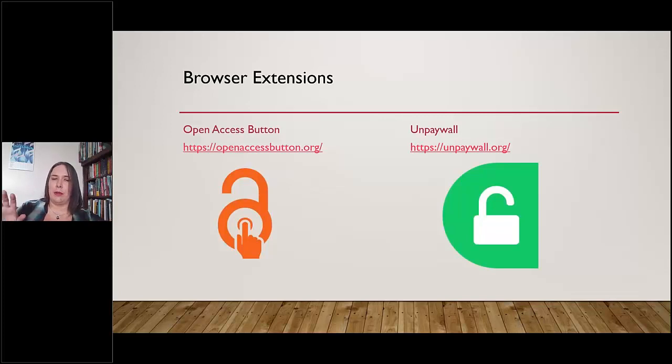There are sort of two main ones. There's Open Access button and there's Unpaywall. And Unpaywall, you can also search the site itself. But what these do is if you're interested in an article that you've looked up somewhere else, you install them on your browser, and so they're sort of running in the background, and they will scour the internet, all the sites that they know of, all the various repositories all over the world, looking for open access versions of the same paper that you're trying to access that might be behind a paywall. So this is particularly beneficial to people who are no longer affiliated with an institution,